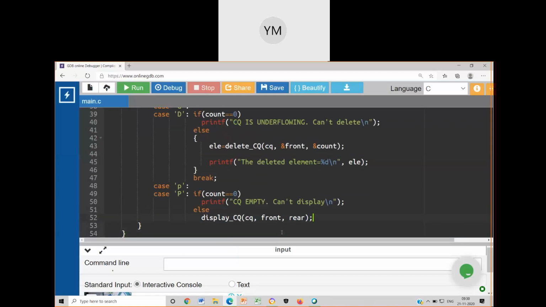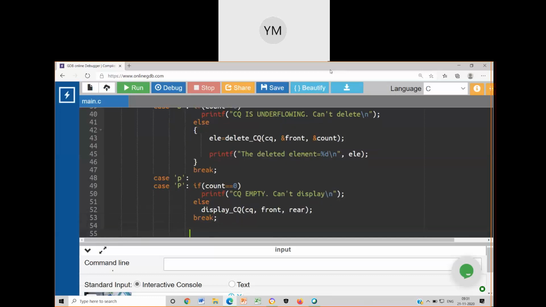Quickly, I want your comments very quickly. Do I require front and rear as pointers? No. Why not? It is just because front and rear are not getting changed in this function. So accordingly, I will be passing front and rear as normal variables. Okay. Then let me have a break.